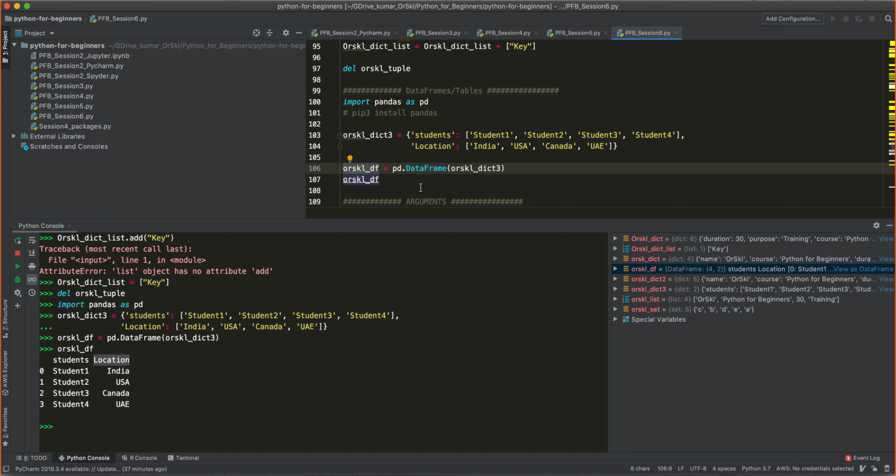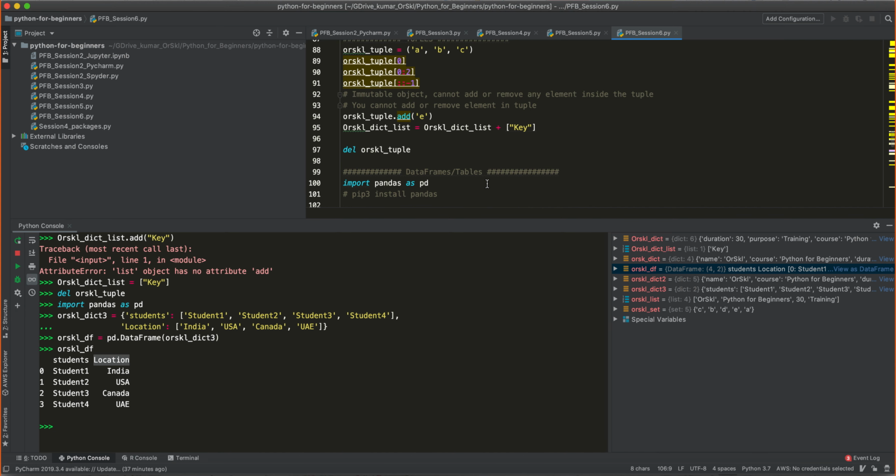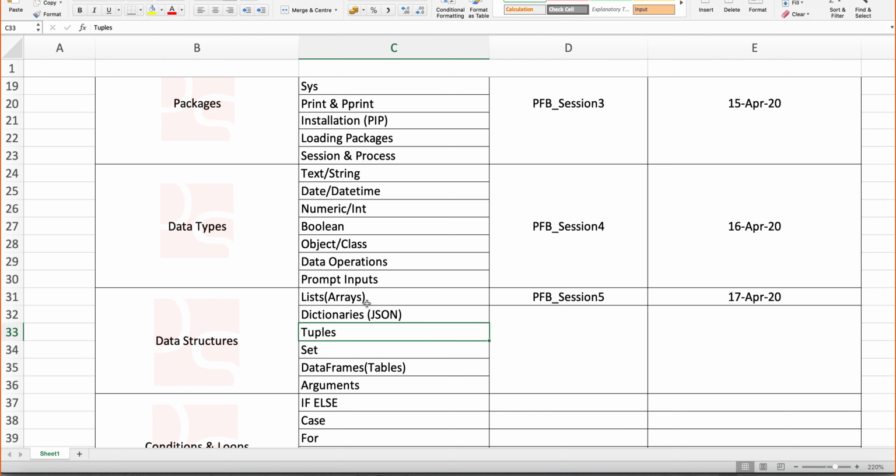All right. I'll try to conclude again, just to make sure that I did not rush today's session. It is only the same things that we have seen in relation to the list. We have gone a little smoother. I'll try to again help you map and match what happened in this complete session. We have learned list, we have learned dictionary, we have learned set, we have learned tuples, we have learned data frames. So if I come back to my Excel, you see list, dictionaries, tuples, set, data frames. So all of this is covered.